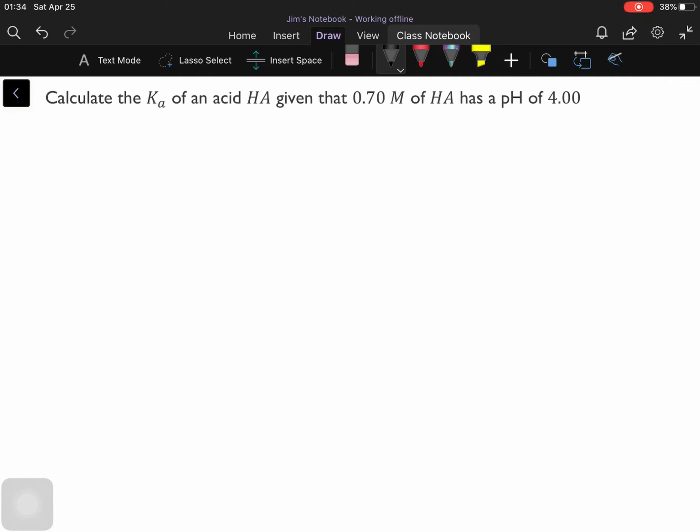So let's conclude this chapter by answering some equilibrium problems. Okay. So for this problem, we have to calculate the Ka of an acid HA given that 0.70 molar of HA has a pH of 4.0. So in order for us to answer this, we should have a reaction first. Okay. So if you're given this problem, you're going to write the dissociation reaction of your acid HA with water